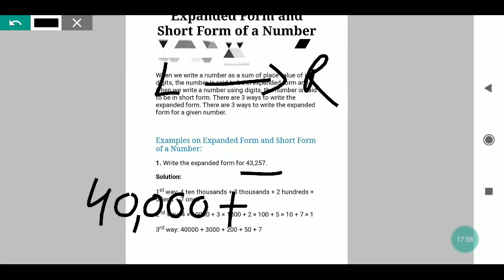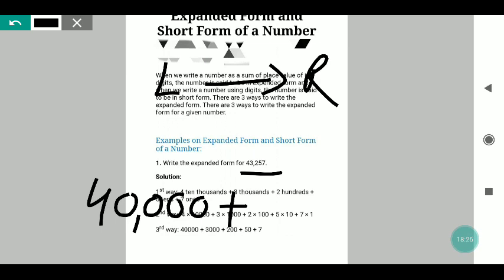Whenever we are expanding any number my dear, we have to give the plus sign. We have to give the plus sign after expanding each and every number. After expanding each and every number, it is mandatory to give the plus sign. If you are not giving the plus sign and you are giving a comma, it means that you are not expanding it properly, and in that way your marks will be deducted. Okay, so the plus sign is mandatory.